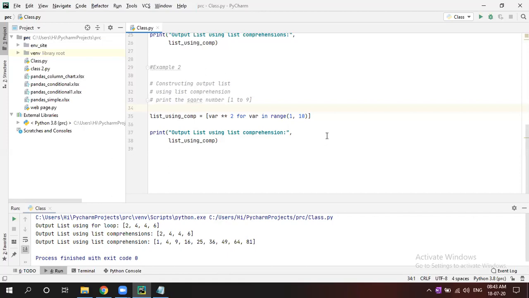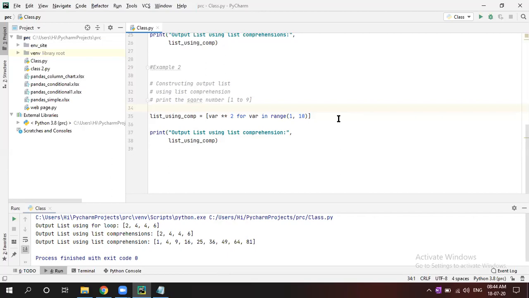Same thing you can write using a loop: for this in this, then append this exponent 2, or power of i 2. That's it. But you can write in one line like this. This is nothing but a different way of writing things. And you can give the square bracket, that is called list comprehension. So this is just to squeeze the code. Instead of writing 3 lines, you can write in a single line. That's it. Nothing else.